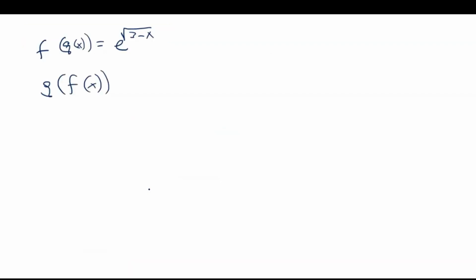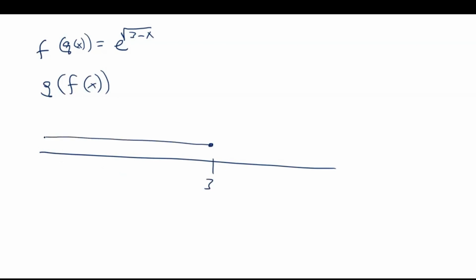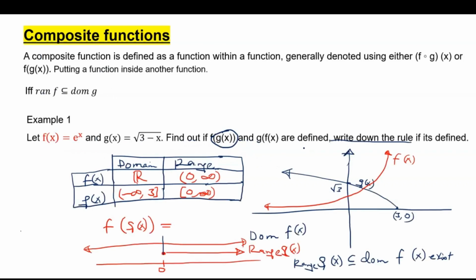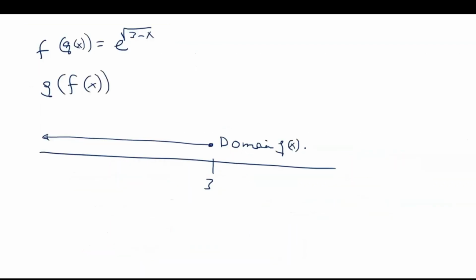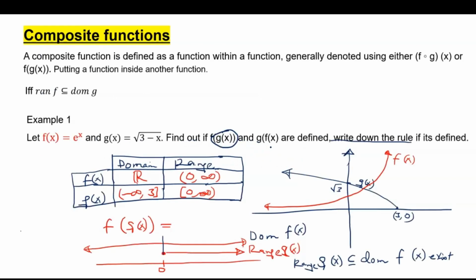So if I get my number line, and this is 3, and that is going to be the domain of g of x. And the range of f of x is from 0